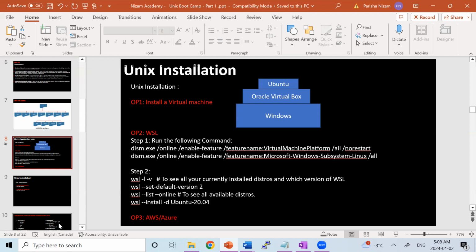And then option number 3, the cloud. We can easily install, build, provision and configure a Unix machine on AWS cloud or Microsoft Azure cloud. Either one, we can do it. And I also highly recommend exploring that option as well, because technology is evolving, and now it is, let's say, 2023, 2024, and we are heading into the next 4-5 years. What will be the technology innovation? Most of the